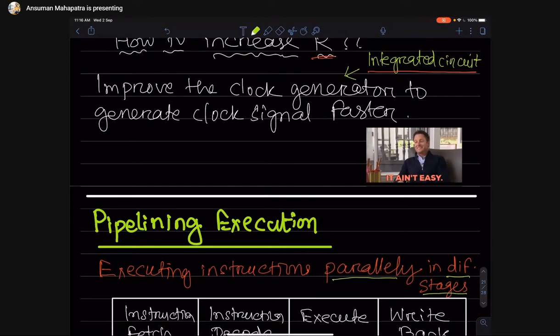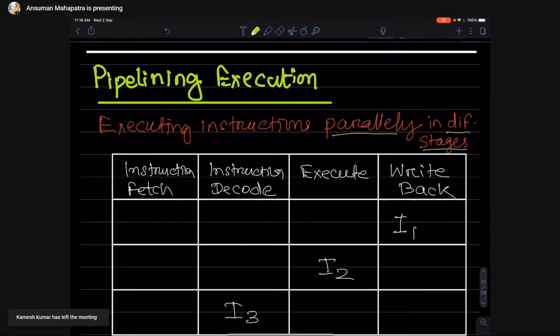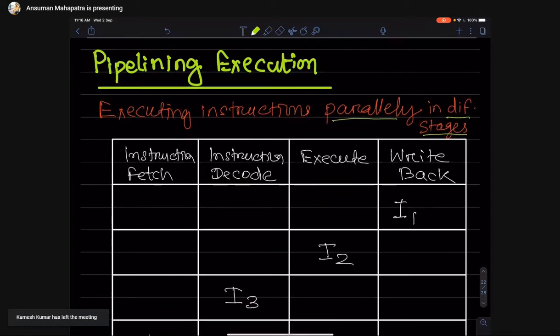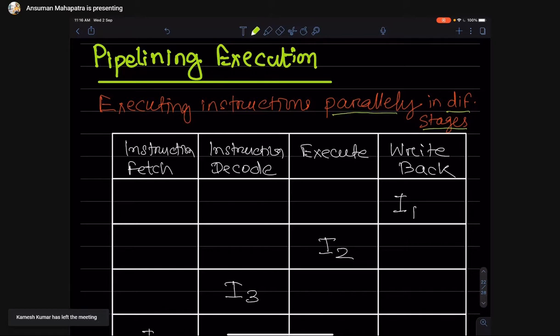S is the number of steps. So for that multiple things are proposed. From that, one thing is called pipelining. Okay, what is pipelining in English? Who can tell? Somebody unmute and tell what is pipelining in English. The normal definition, not technical.